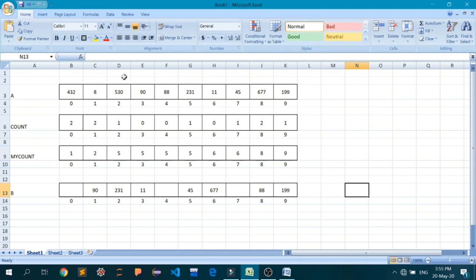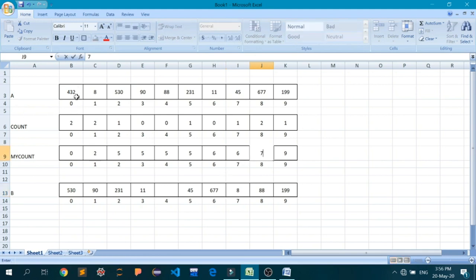Next we'll take 530. In 530 at the 0th place we have the digit 0, so I'll go again to index 0. It has been written 1 here. Now 1 minus 1 is 0. I will go to index 0 and write this 530 here, and reduce it to 0 again. Now I am going to 8. Now 8 at the 1's place has the value 8 itself. I will go to index number 8. It has been written 8 here, so 8 minus 1 is 7. I will go to the 7th index and write 8, and reduce it to 7.